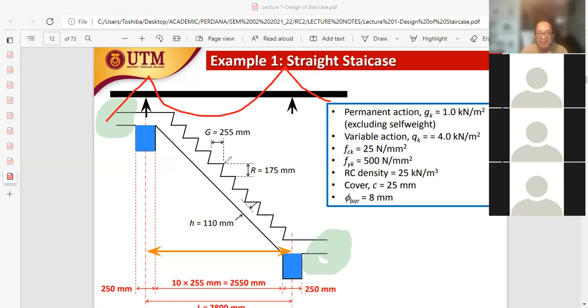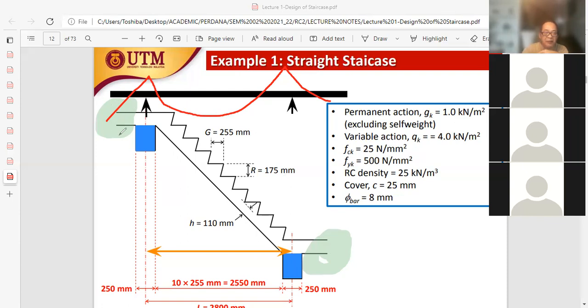Okay, so from the sketch given, a lot of information can be extracted. First of all, we have identified the support, where the position of the support is. The position and the location of the support has been identified. Number two, we have identified center to center of the support to be the main span of the beam of the staircase. Okay. That is number two. Once we have identified the support, naturally from the center of the support to the center of the support would be defined as our span for the staircase. Number three, there is continuity on the right hand support here, beyond the right hand support,